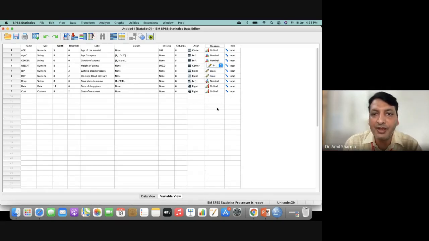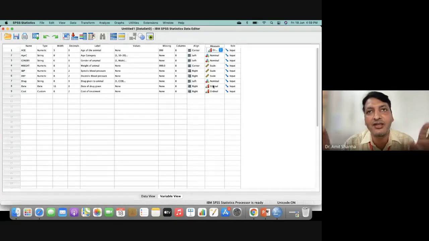And for those variables where a measurement unit is not there, for example, age is not a measurement unit, but it is a numerical variable, we'll make this one ordinal. It is in the ranking order. Now, ranking order means what? If 10 persons are participating in a race, then obviously three persons will come. One person will come first, one second, and another third. So there is a ranking order: first rank, second rank, and third rank.